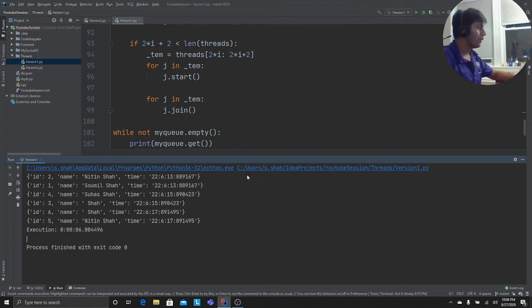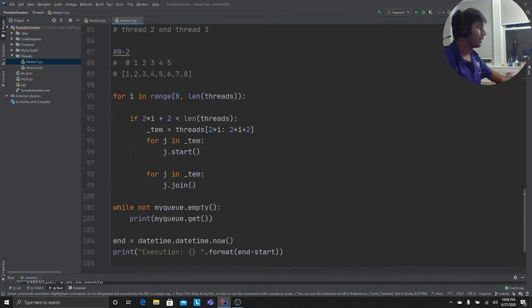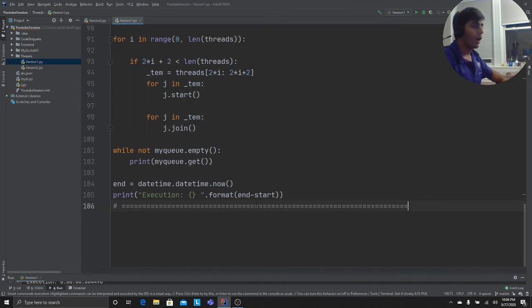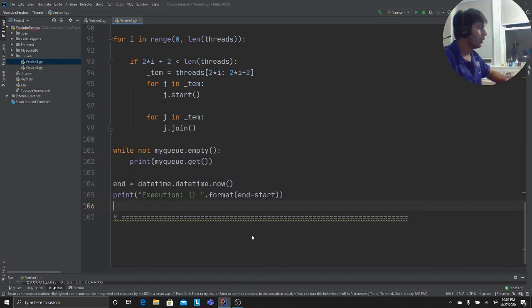So feel free to play with the code and try it out by yourself. Remember, in programming it is said watching won't help, doing will actually help. So if you really want to learn it, try it out. It's a simple example, it takes like 15 minutes on your computer, and there are a lot of online Python editors, right? You don't even have to have a good computer, so don't give excuses like you don't have a computer or laptop. If you are watching this video, you can just go to Google or Replit and code it, right?